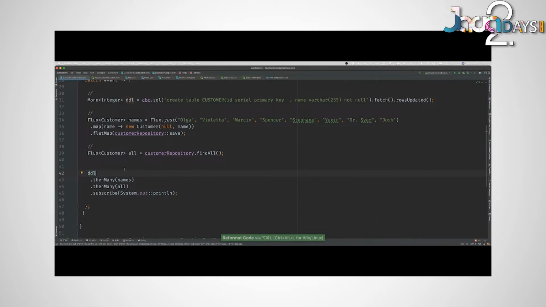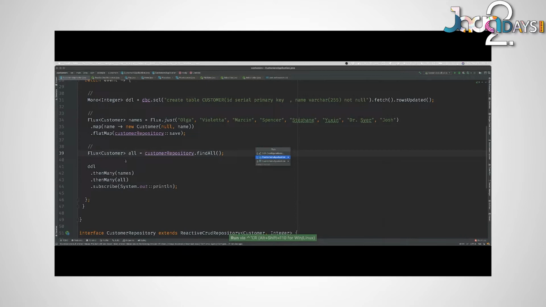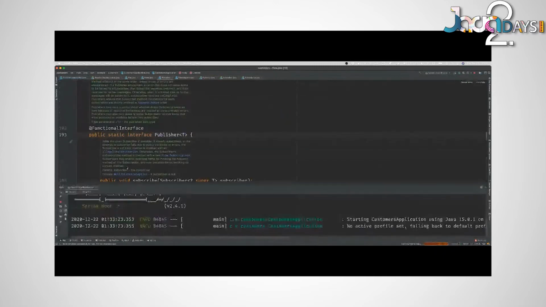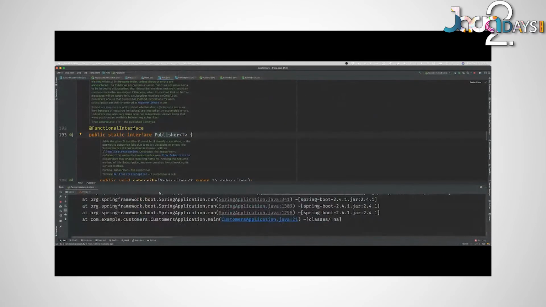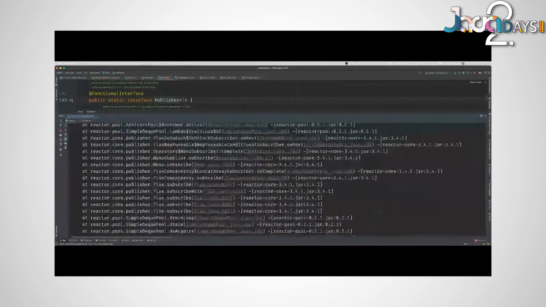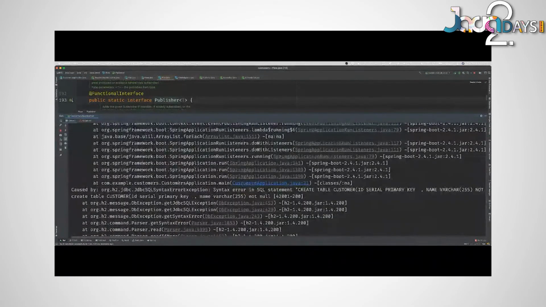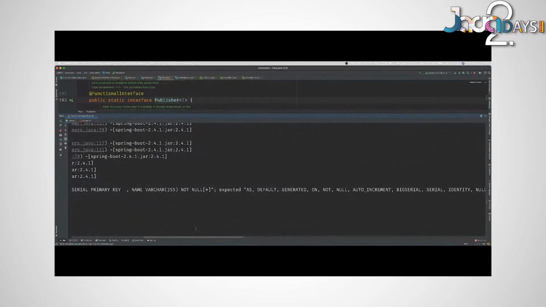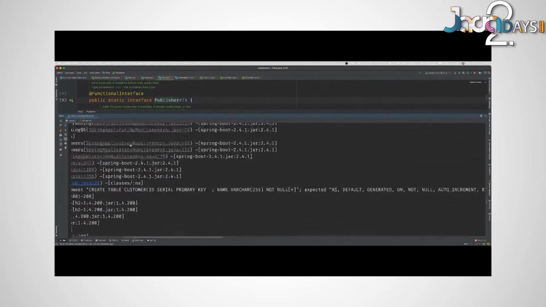So let's see what that looks like. Let's run this and see what we get. ID serial. Let's see here.